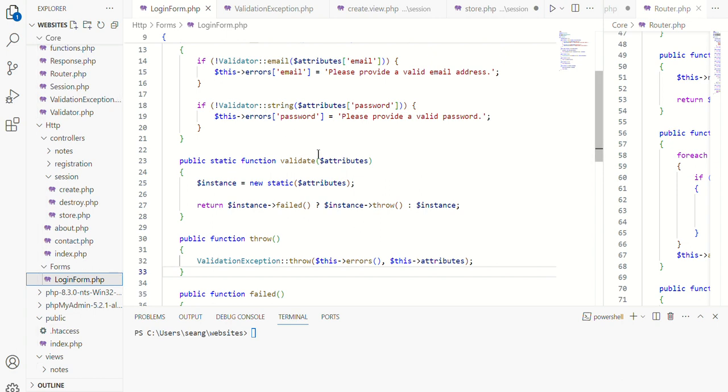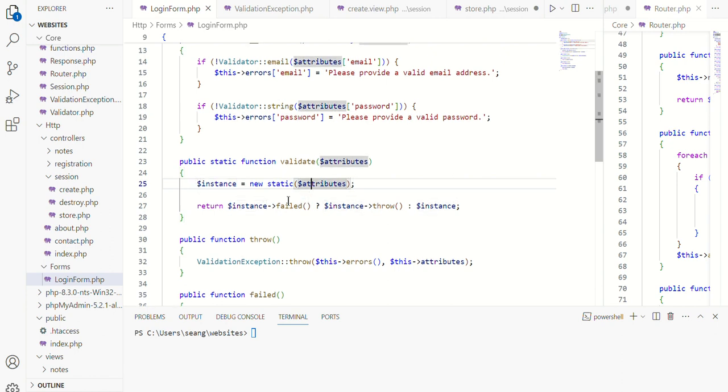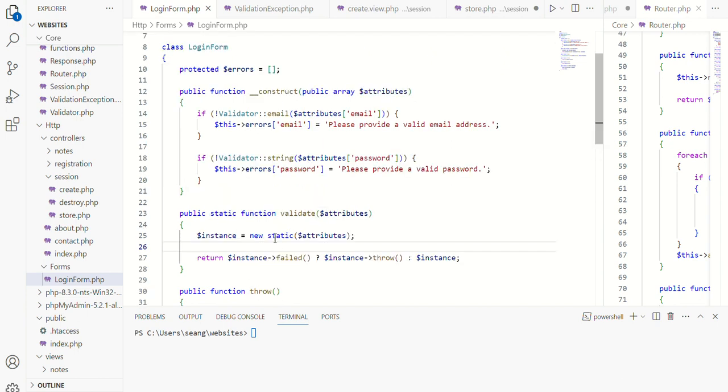Then if I go to validate, I'm going to pass in the email and password they throw into me, and I put it in an instance, which makes a new static class with the attributes, and it returns, what was it, and let's see, where can we find it? Right, so because it's creating a new class, if we look up here, this is an inlet class, and that means it constructs, it goes here and it checks